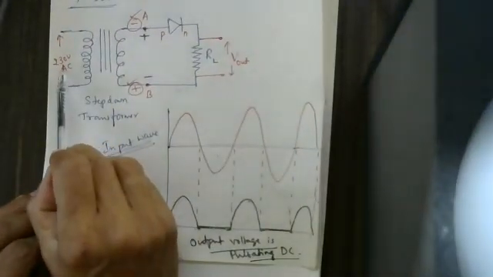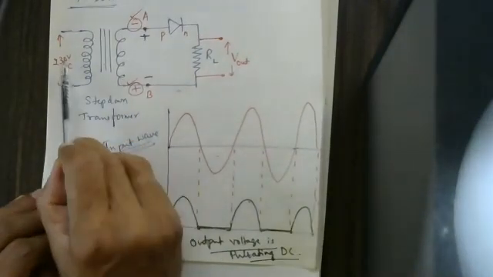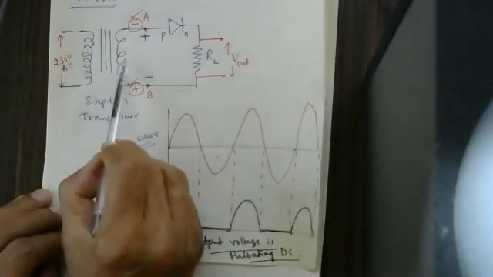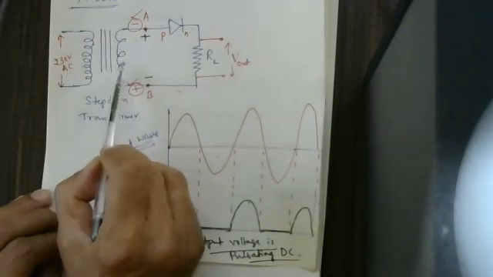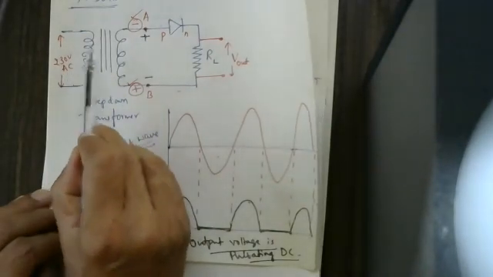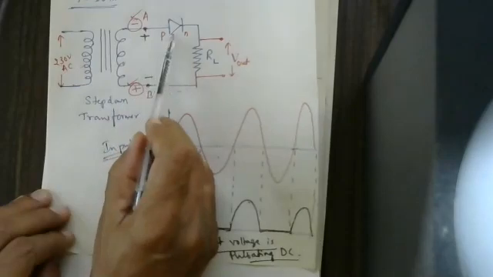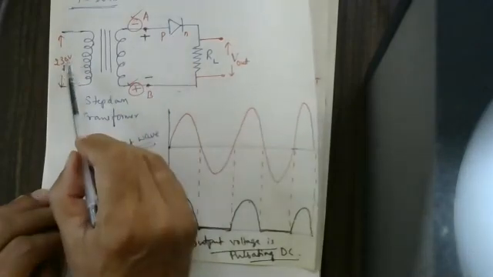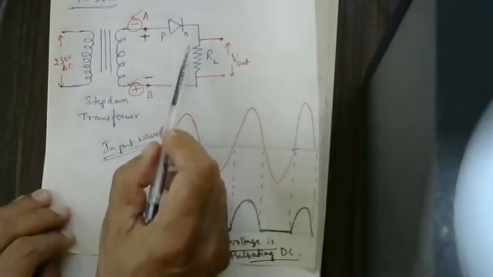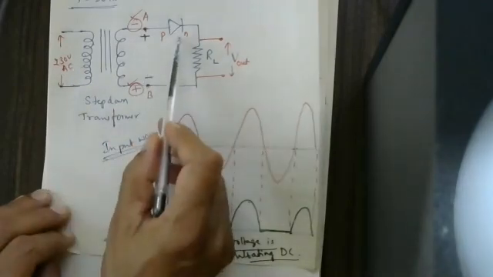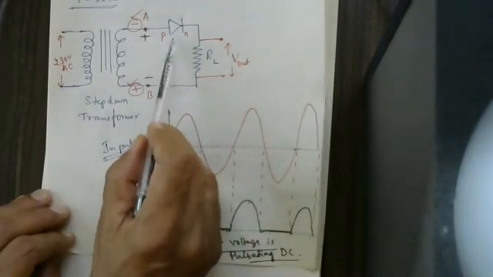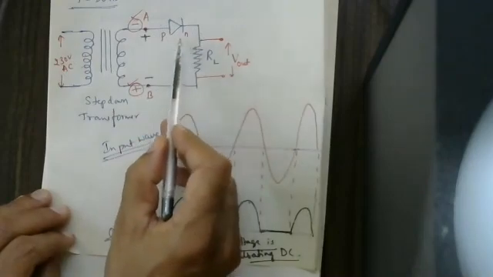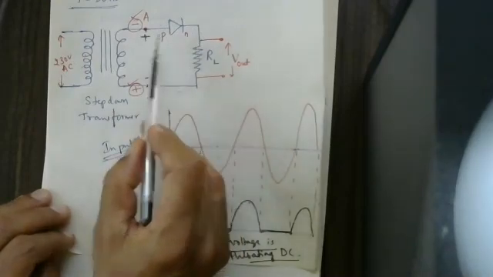So here the transformer we are using only to reduce the AC voltage to AC only. A higher amount of AC voltage to a lower amount of AC voltage we want to convert here. For that purpose we are using a transformer. If you don't use a transformer, the diode cannot tolerate the high voltage. It can convert AC to DC, but only the lower voltage of AC to lower voltage of DC it can convert. Okay, but